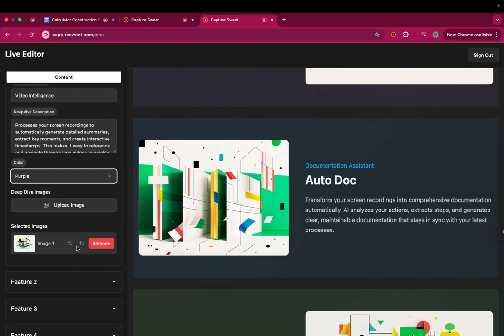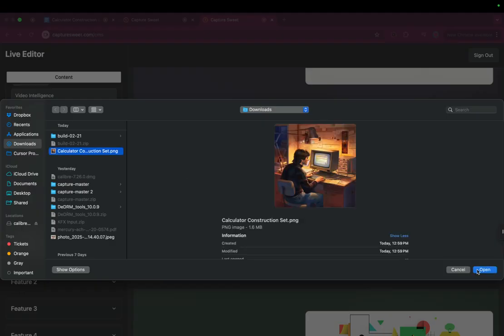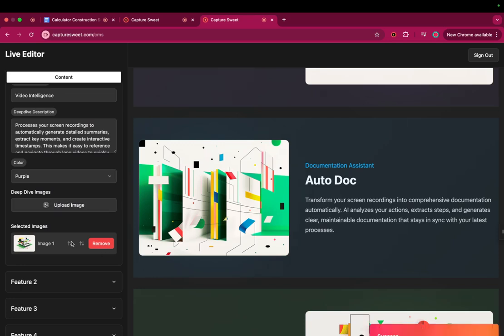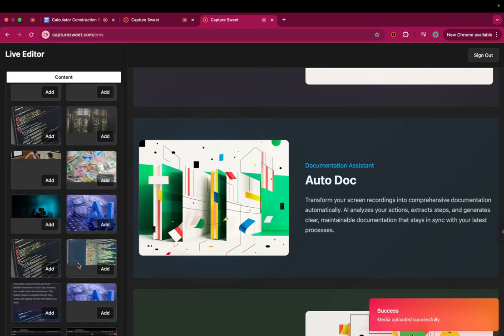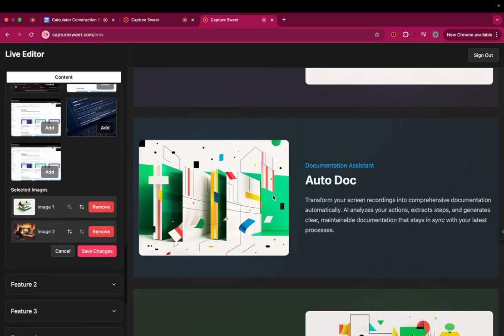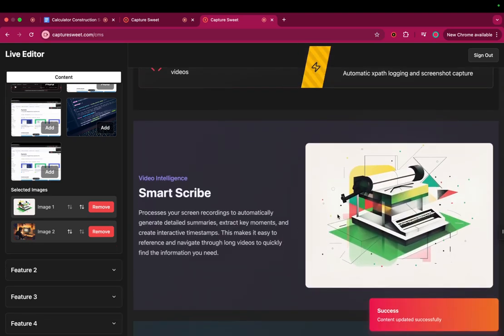And then if there's more than one image, it will actually, let's add this. If there's more than one image, it will create a... let's see here.